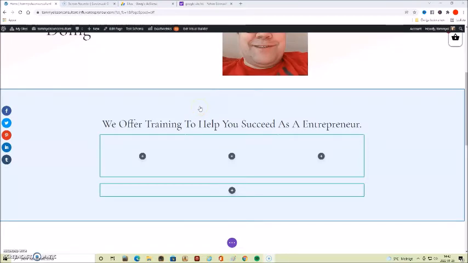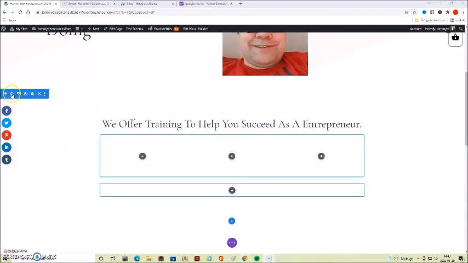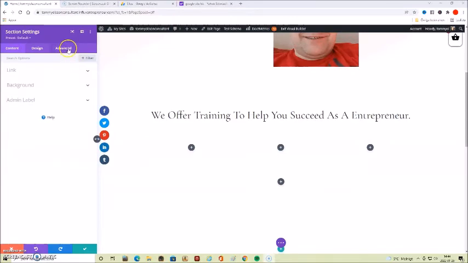So here I'm using the Divi Builder within Flux Plus, and I'm going to show you how you can enter your AdSense code now by marking an area on the page, and you click on this little wheel here for settings. Then we go to advanced, then custom CSS,